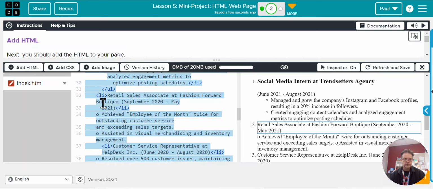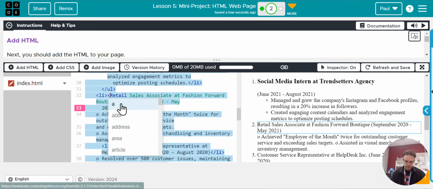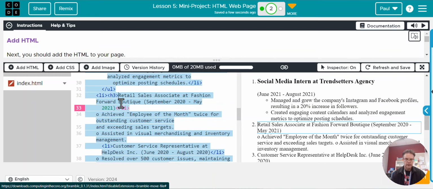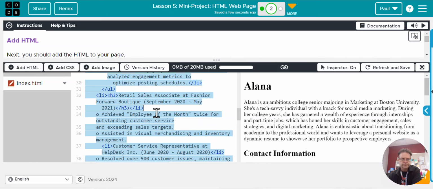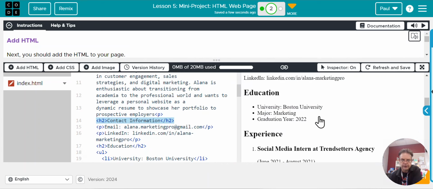So we're going to go in front of the list item and open up a bracket, H3, close a bracket, and then go in front of this list item right here, open bracket, backslash H3, close bracket,